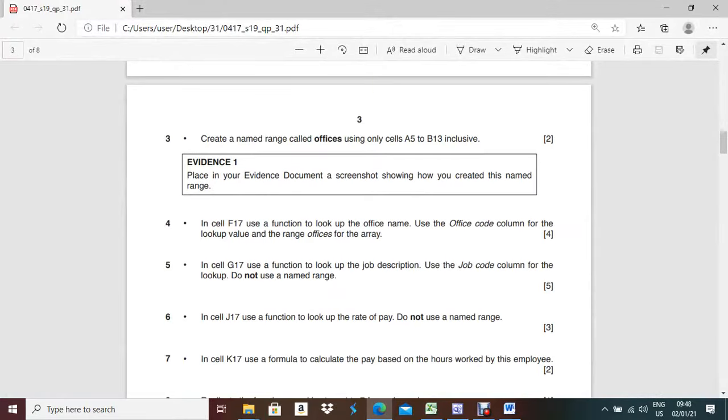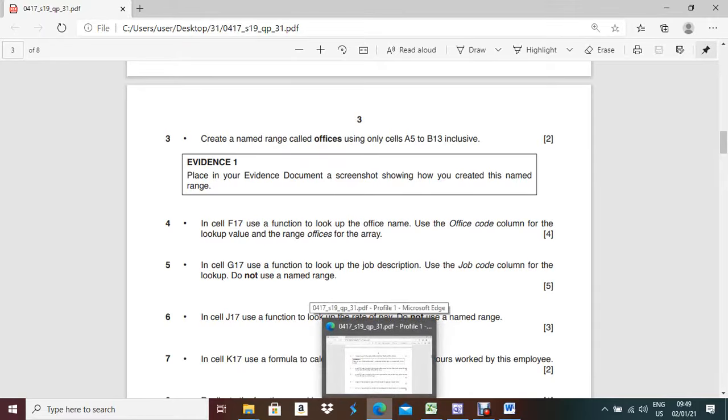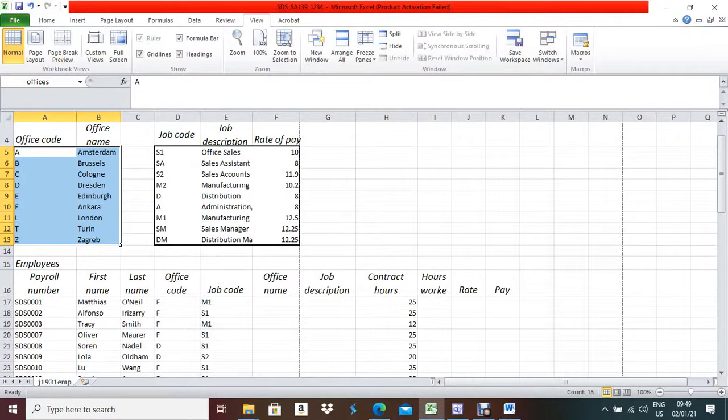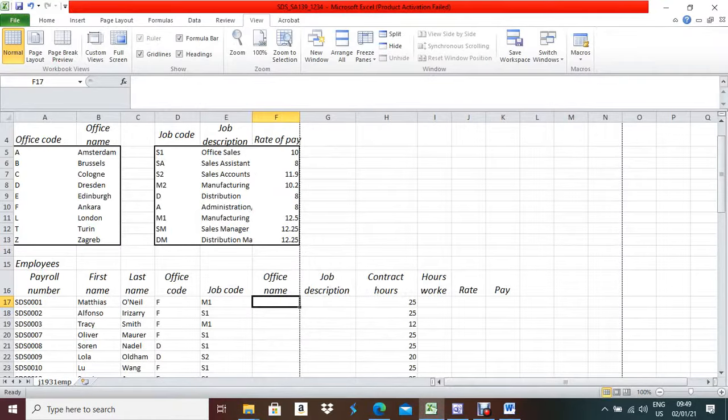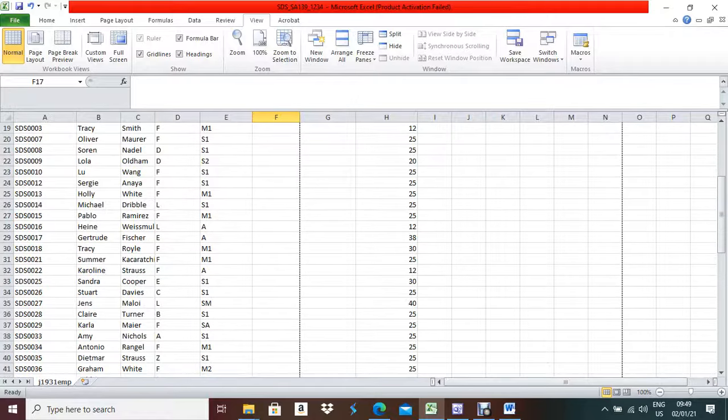Now the next one, in cell F17 use a function to look up the office name using the office code column for the lookup value and the range offices for the array. So what will be the lookup value? Use the office code column. So the office code column is this one. This one will be the lookup value, and